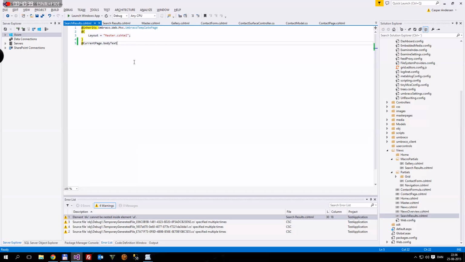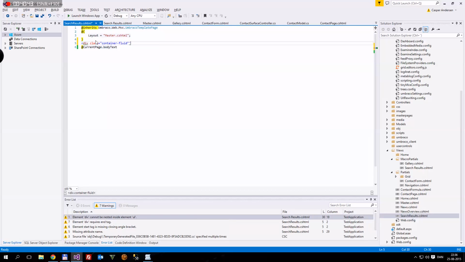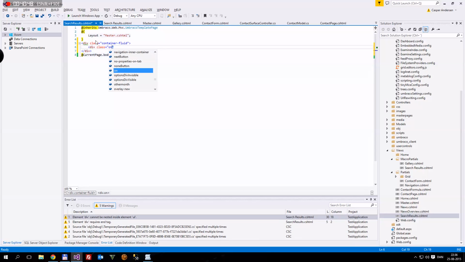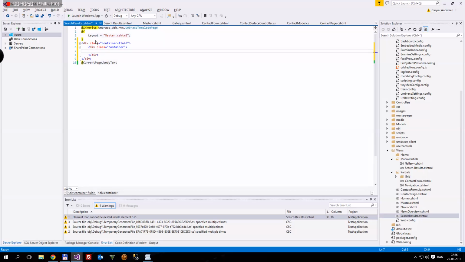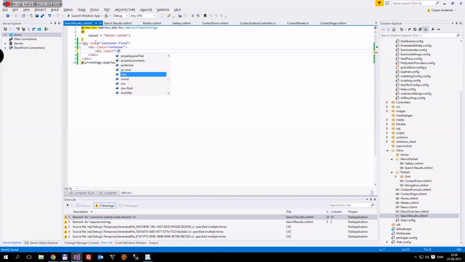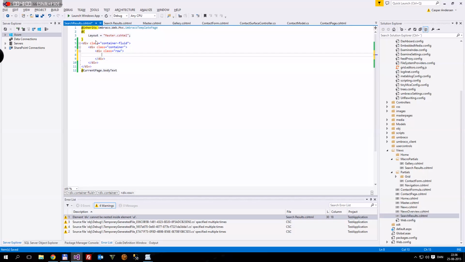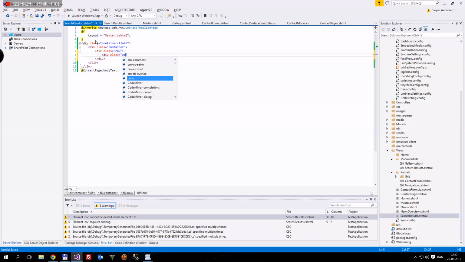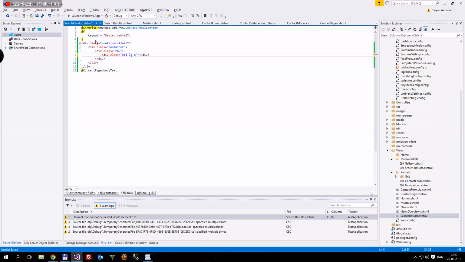Let's just put that in a little bit nicer, shall we? So div class equals container-fluid, and div class equal to container, and then we can put a div class equal to row on it, like that. And then we want to do another div class which will be equal to col-lg-8, for example. And then we could have the search results in here,